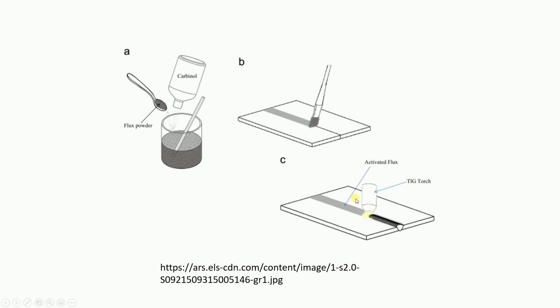Finally, on that track we are going to make the weld, right? This is the activating flux, this is the torch, and this is the weld bead geometry. So complete penetration will be made. In the previous slide I clearly told you, up to 4 mm thickness, there is no need to go for multi-pass; A-TIG will handle it in one attempt. So if you want to skip multi-pass, you can use A-TIG welding, so that penetration will be more.